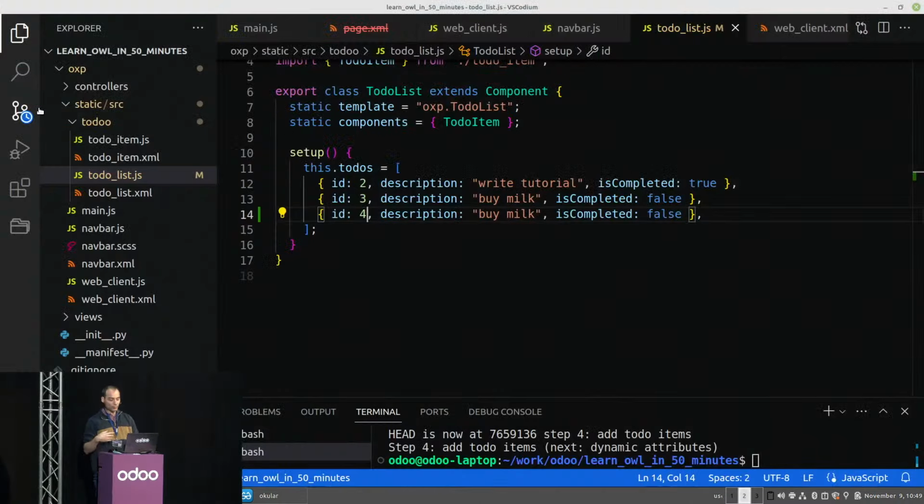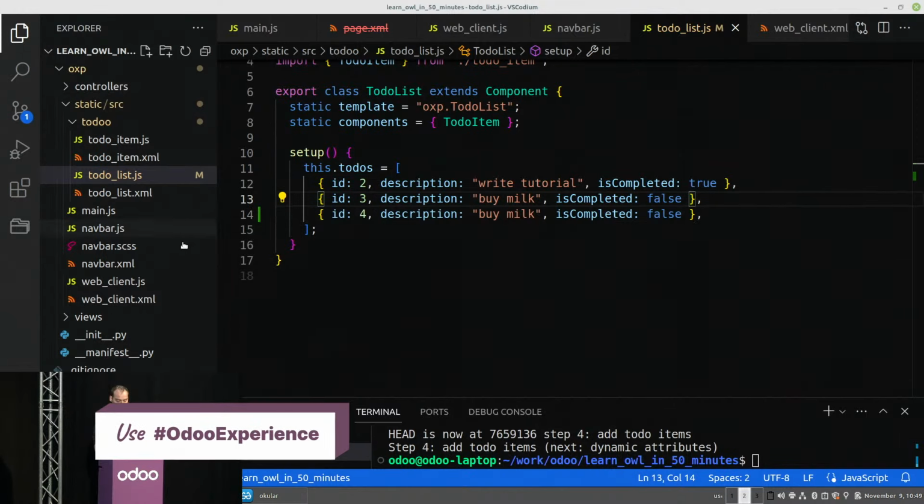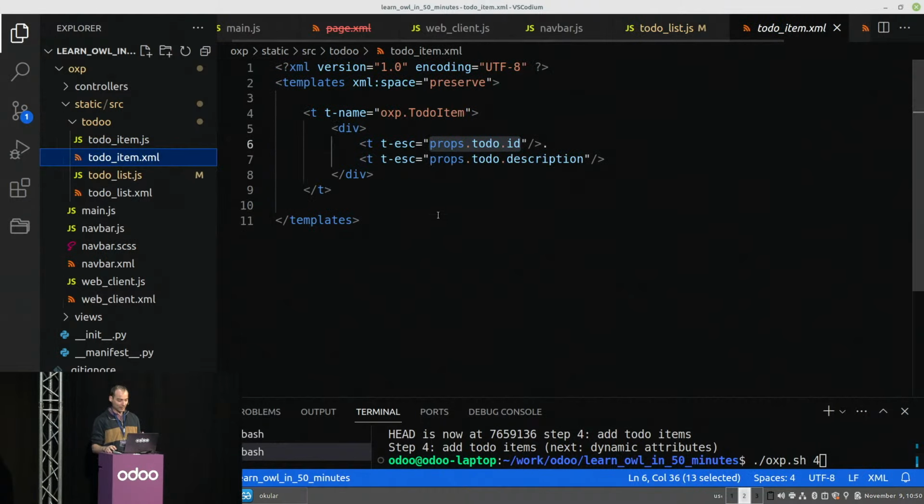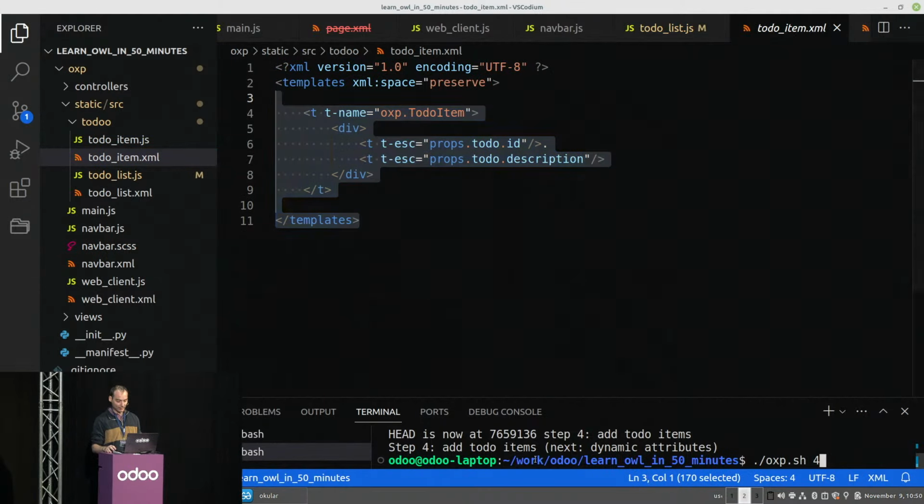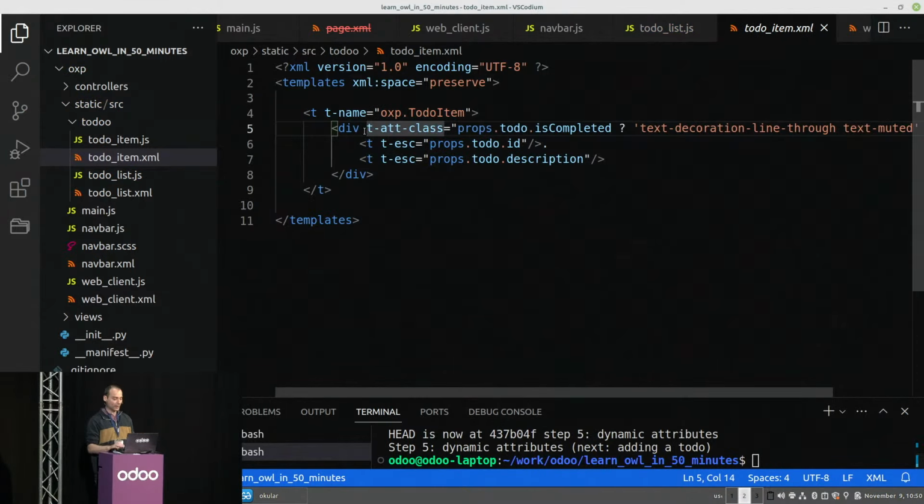Okay, so we're making good progress, but in our to-do list we don't see now which item is completed and which is not, and we can use dynamic attributes to do that. So let's see what it will look like. I will show you the to-do item template. So for now it's just this. So yeah, that means 5 here. And now the only difference is that we add a t-att-class attribute, and